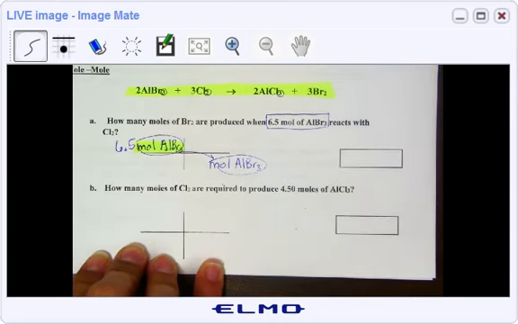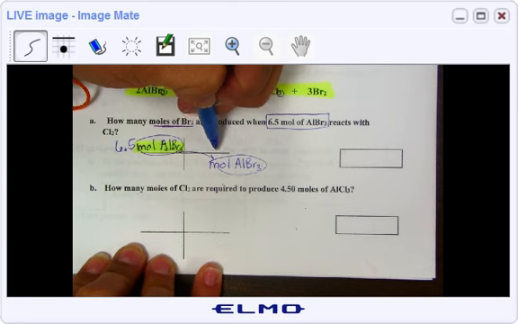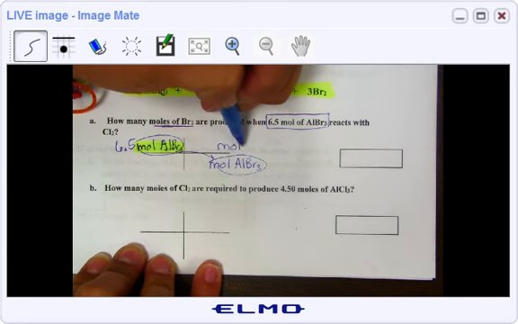Okay, whatever you're looking for will be in your top right-hand box. How many moles of Br2? That's what we're looking for. It's asking us how many moles of Br2. So moles of Br2